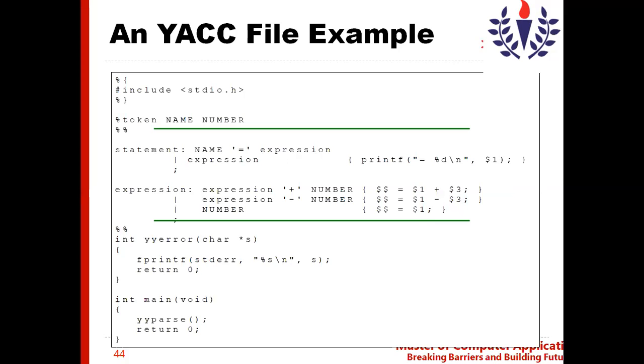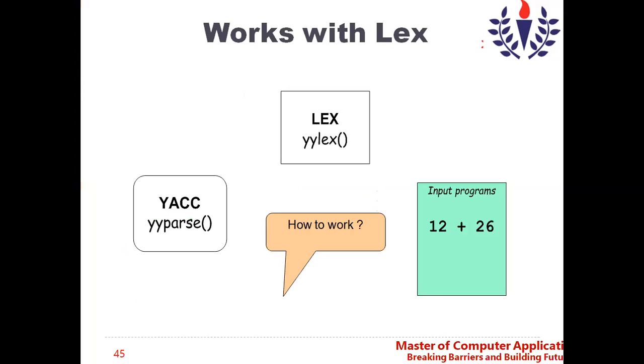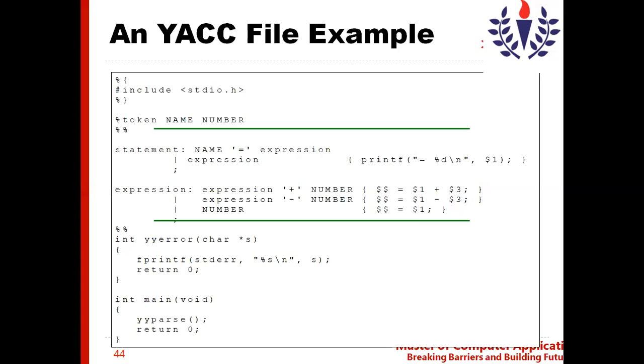This is a grammar which is satisfied with the second grammar. So RHS will be replaced by LHS. What is RHS? Expression plus number. It will be replaced by LHS. What is LHS? Expression. Now there is no more input over here. So now if you see the first grammar, name equal to expression, there is no more input, so we can now do the reducing of name equal to expression. The right hand side is replaced by the left hand side. This is called reducing.